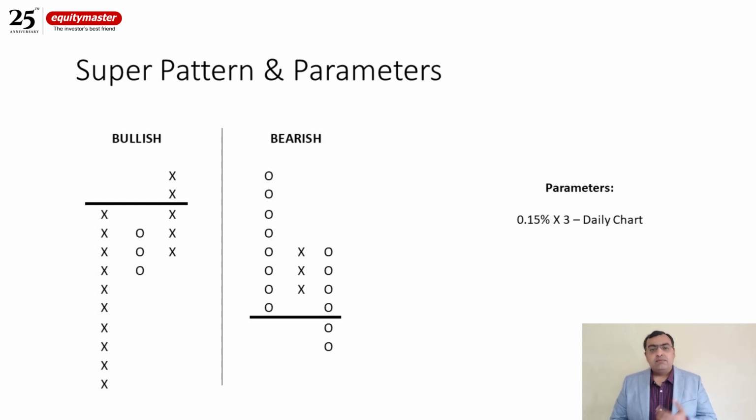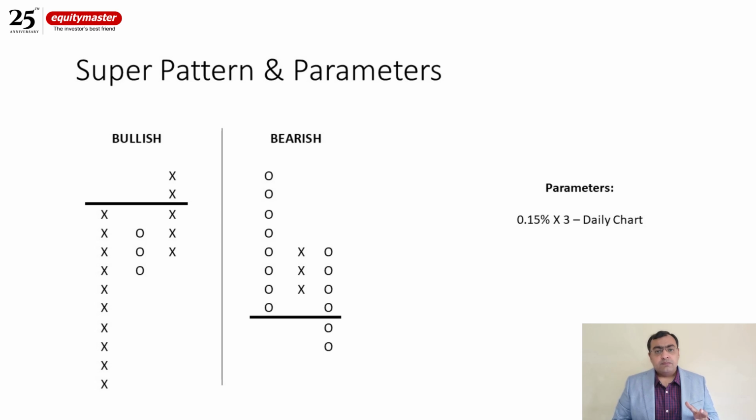Now those parameters might differ from analyst to analyst or trader to trader who are using point and figure. Similarly, if you look at the third column of X over here, there is a series of X followed by O and followed by X again. So when the high of X is taken out after a dip or retracement, or I would say a consolidation after a rally, and then again a momentum breaks out. If you are a traditional trader looking at bar charts or candlesticks, it's basically a flag breakout or pennant breakout.